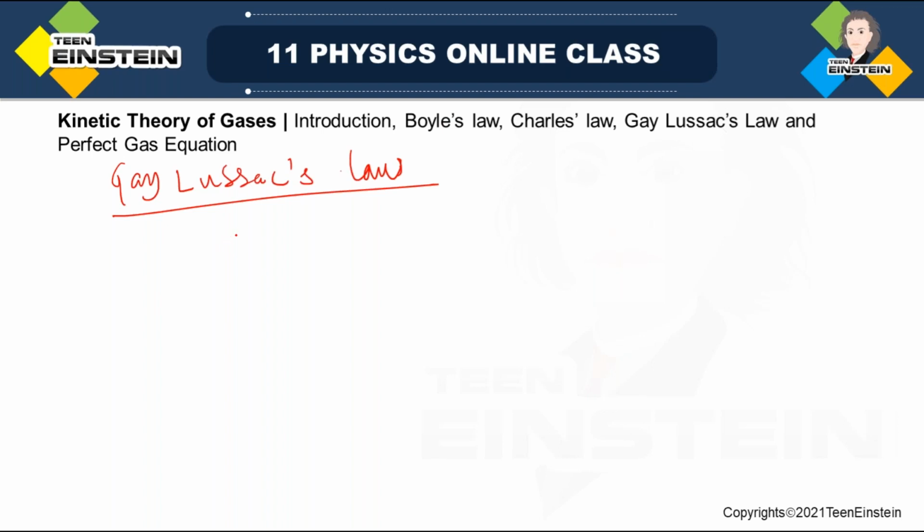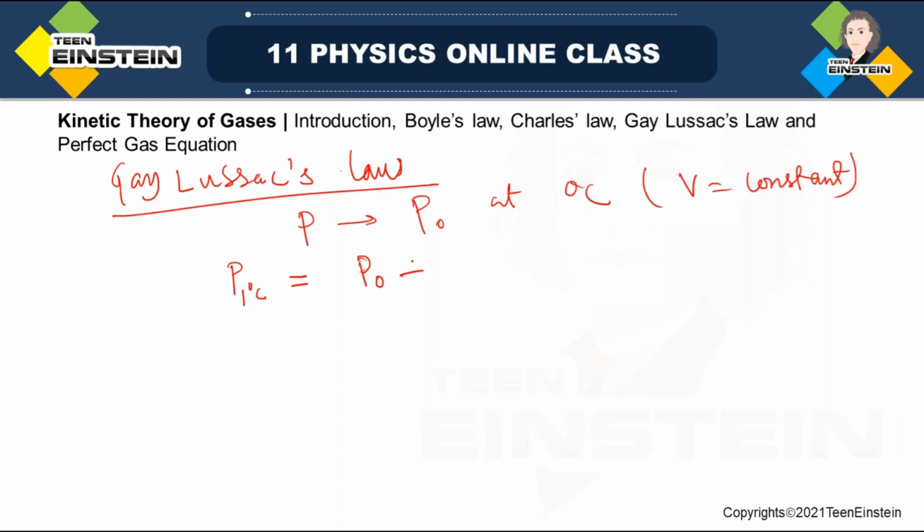So it states, suppose I have pressure P0 at 0 degree centigrade when V is constant. Then the pressure for 1 degree centigrade will be equal to P0 plus, it increases by P0 over 273.15,